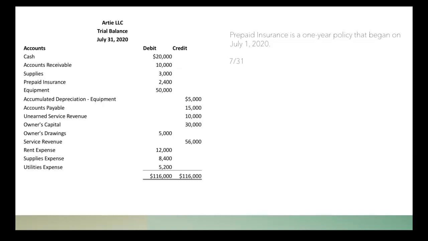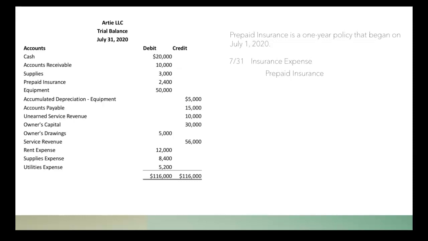So we've used it up. So that means that it's going to be an expense. And what type of expense? Insurance expense, right? Because what are we using up? We're using up insurance. So we will debit our insurance expense, and then we want to credit our prepaid insurance because we need to show that our prepaid insurance doesn't have a full year in that account balance anymore, right? By the end of July, we only have 11 months left of this insurance policy that we purchased.